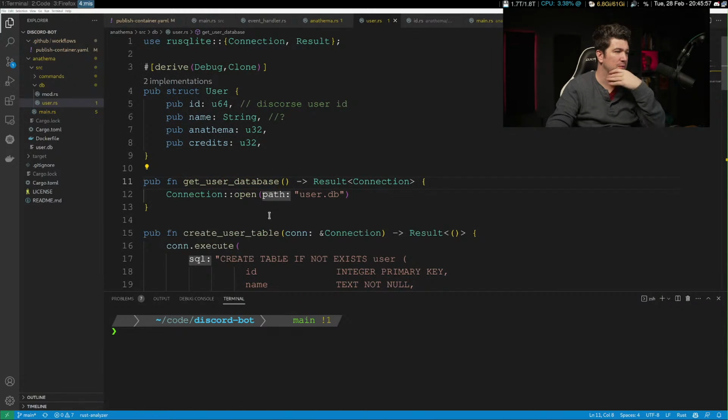So yeah, if you look over here, this creates it if it doesn't exist. And then we can also do other things as well. So there's no way to do that with SQLX. That being said, it will provide us a way to use SQLite and Postgres. So I think I'm going to power through, try to use it.